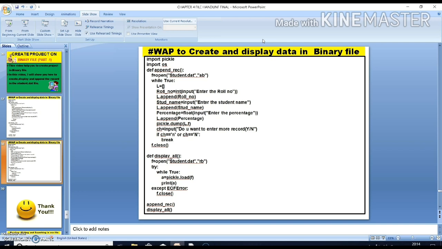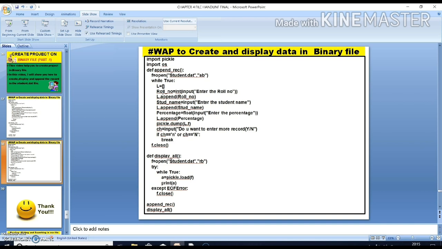Now I open the student.dat file, already created in the last presentation, last slide. I am opening that file. I am using while True, an infinite loop, so that the user can add as many records as they want.